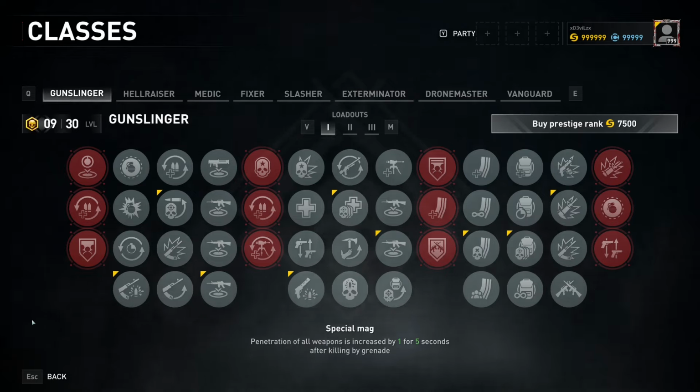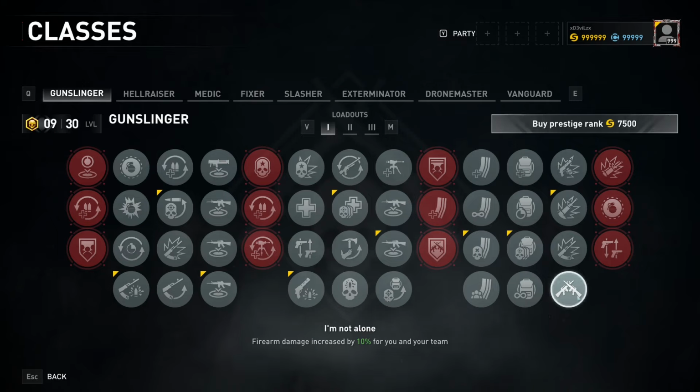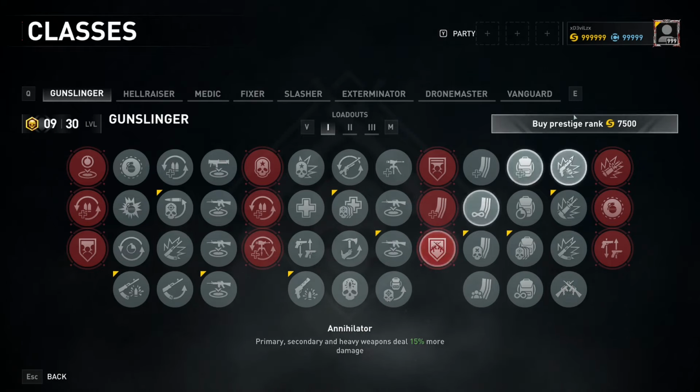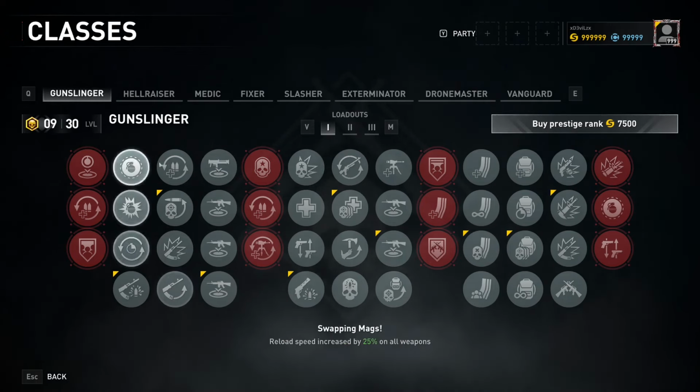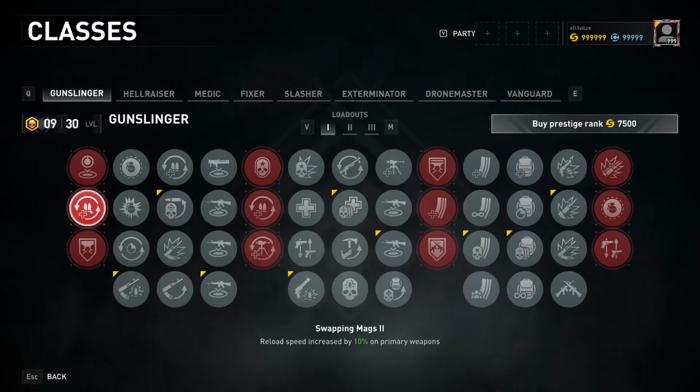And another system that they have added is the Prestige system. So once you have leveled up your class to level 30, which is the max level in World War Z, you can actually prestige your class, and this will reset your class back to level 1, but then you'll get a prestige 1. In this case, my gunslinger is prestige 9, and what it does is it unlocks an additional core perk that your class will have. It's a small benefit that does not need to be selected, so it will always be active,